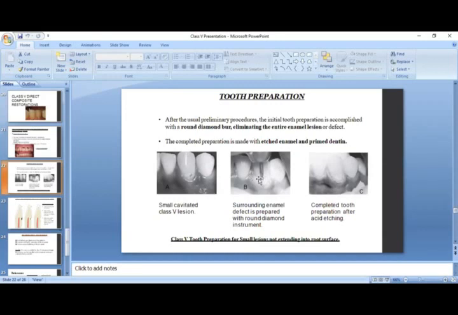In the amalgam restoration, we use the inverted round bur. After removal of the carious region, that bur eliminates most of the affected dentin, all of the carious region which I've already mentioned. After the removal of the carious region, for the composite restorations, we start with the etching process.